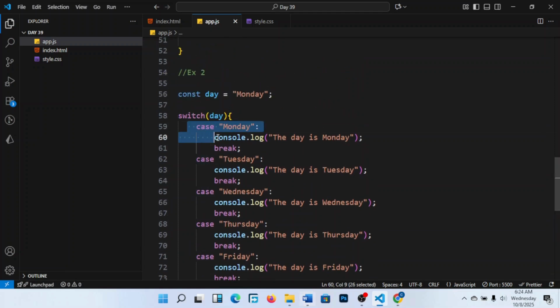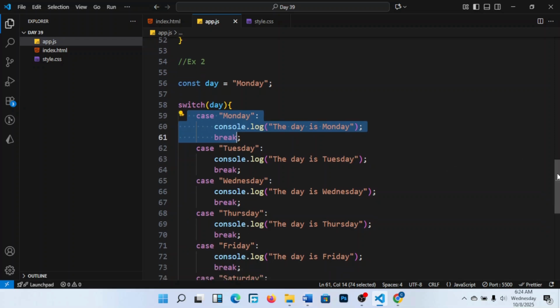That if the day is not Monday, it goes Tuesday, Wednesday, Thursday, Friday, Saturday, up to Sunday. But the first case it saw was Monday, okay? So it stopped there. This break here means stop there, do not continue downwards to look at the rest. Just take that one which is there, where Monday is Monday. Okay? So, members, as you can see here,